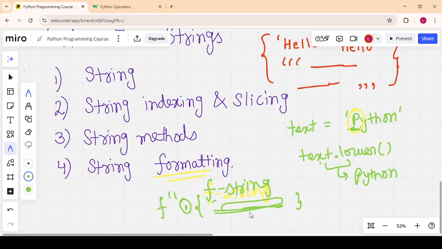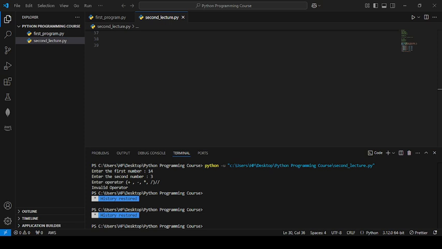So we have understood what strings are, and how to index and slice them, what the methods are, and how to format them. I will use examples of the different ways when I code it. So we will go to the coding part of the lecture. Whatever we have learned in the theory part, we will implement by coding as well. So make a